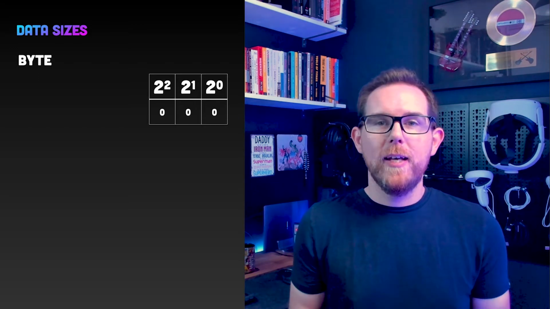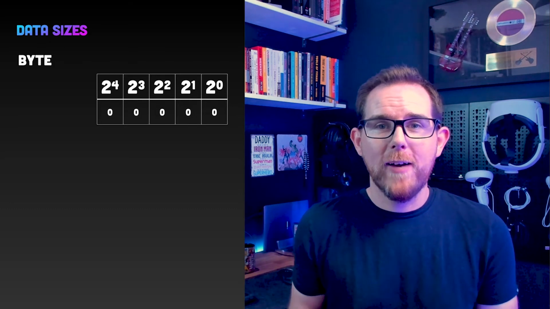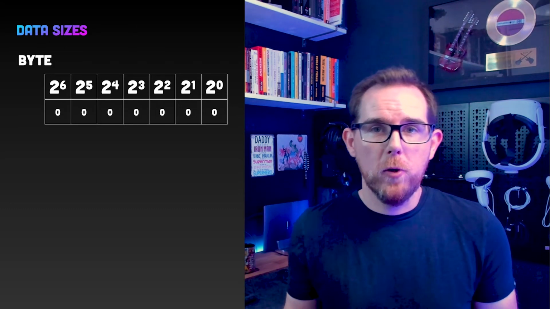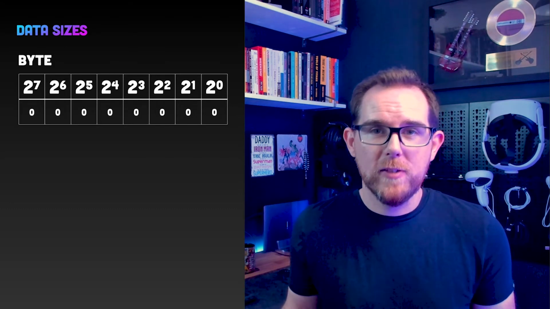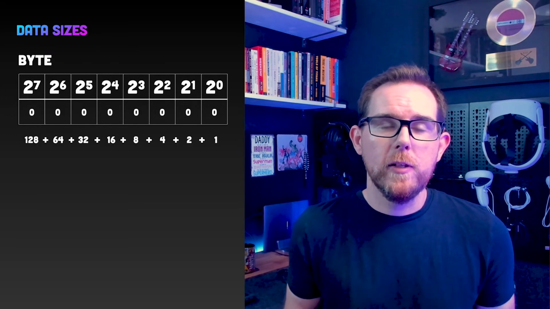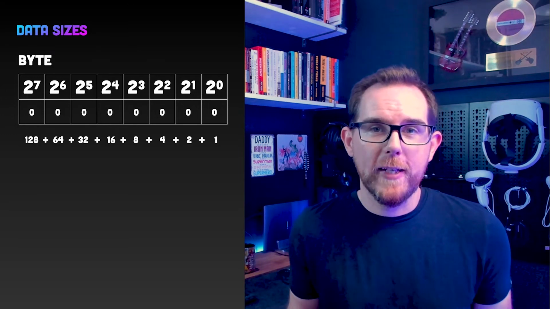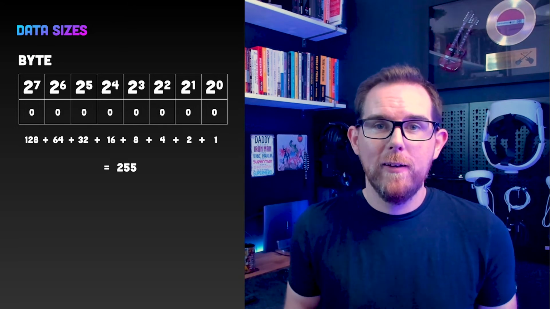Now we know that a byte is 8 bits, so a byte is in fact an 8-digit binary number. Again, if we treat these as number columns, we're going to have 8 columns with the leftmost column representing 2 to the power of 7. If we add up all of these columns, then it should be no surprise that the maximum value that we get is 255. Of course, in programming, we don't just use positive numbers all the time, we also use negative numbers as well. Now, an unsigned byte can't represent any negative numbers at all.